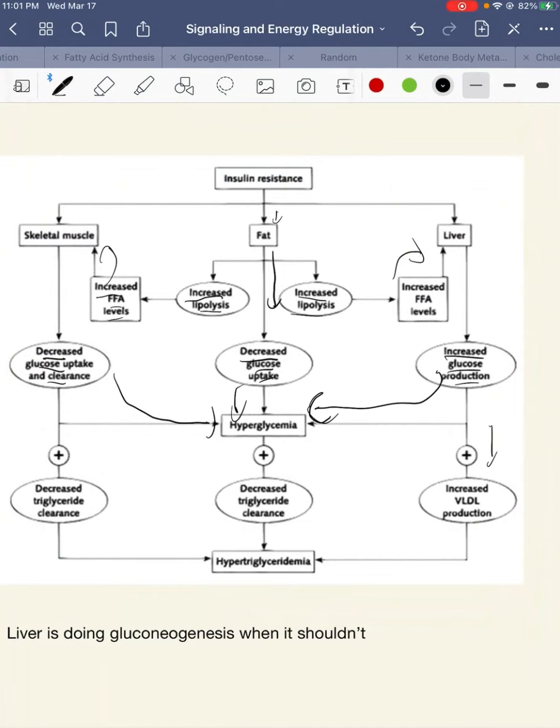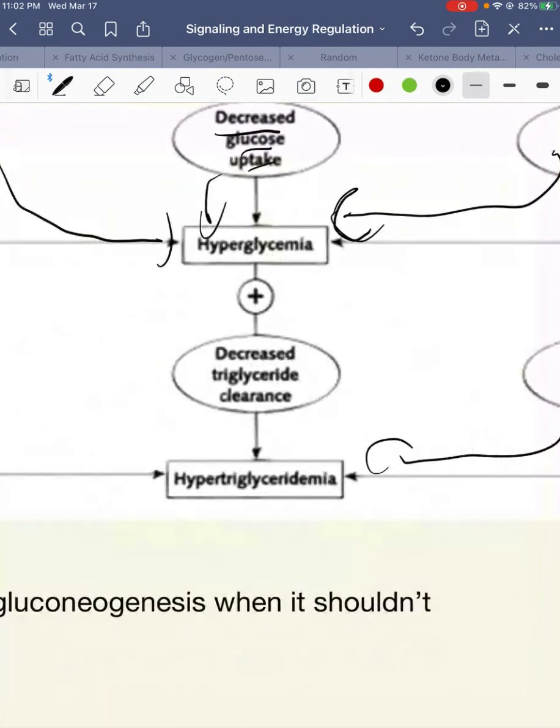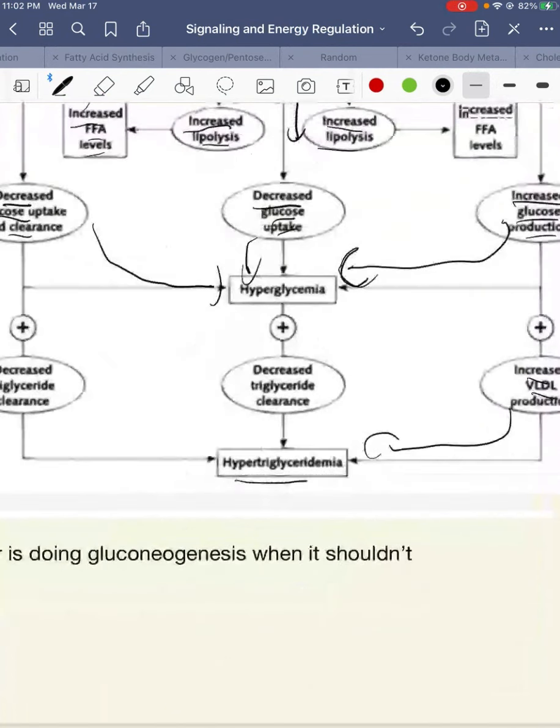Okay, so another thing that the liver will do is make VLDL molecules. So you remember VLDLs? They take fats from the liver and send them to other tissues in the body that need it. Okay, so the liver's like, hey, insulin's not binding, we have a lot of glucagon. Other tissues are probably starving. They need that, so they increase VLDL production to send fats to other parts of the body. So this actually, even though they don't need the fats, results in hypertriglyceridemia,